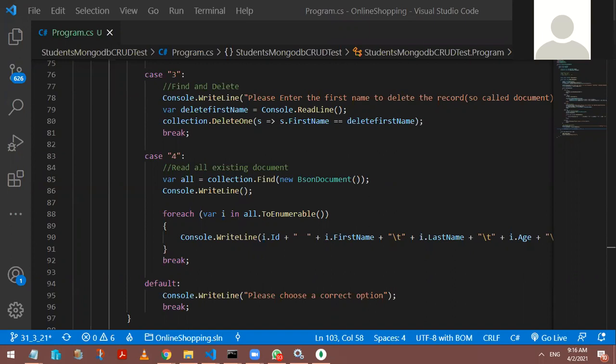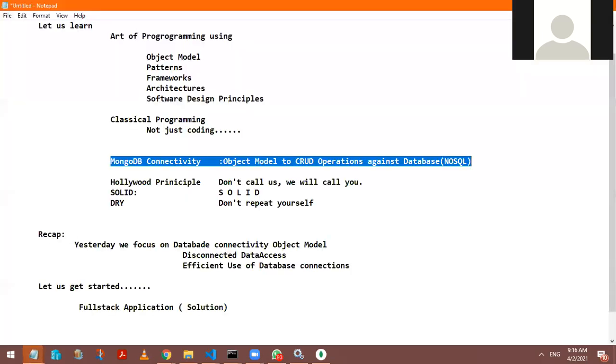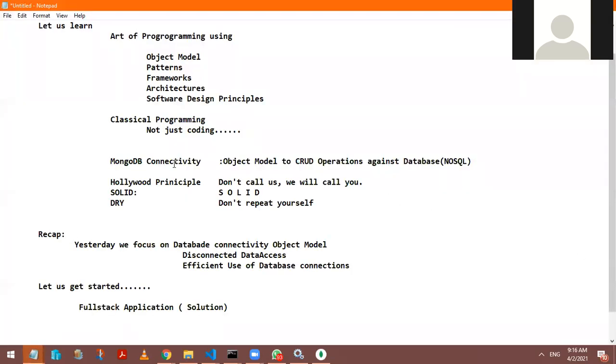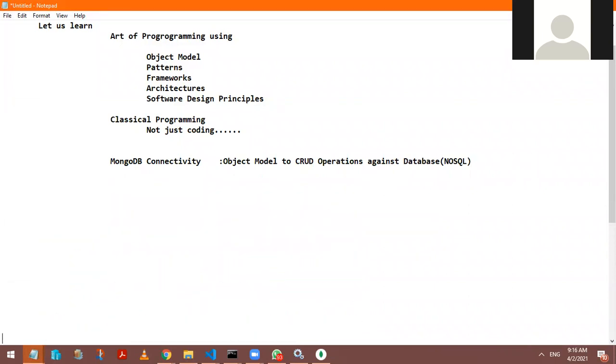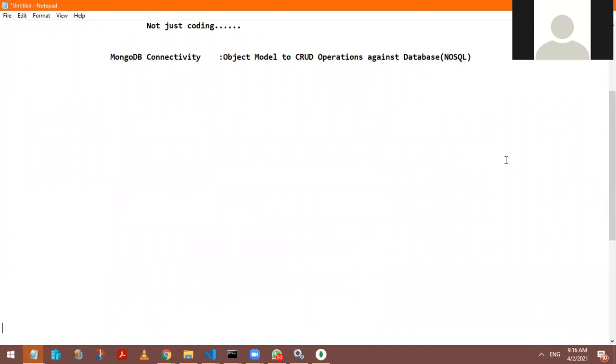So this is the way, according to this agenda, I explained how exactly we can perform MongoDB database connectivity. That was the first agenda which you kept, correct? Till this particular point, whatever we covered, it's one logical milestone we have achieved. What is that? .NET Core basics, C# language basics.